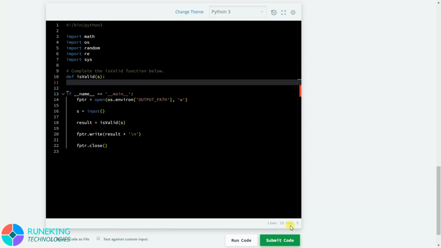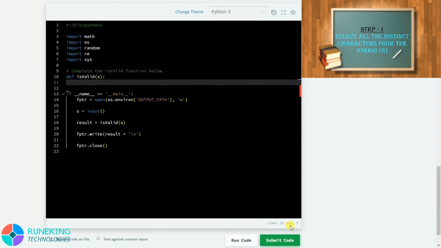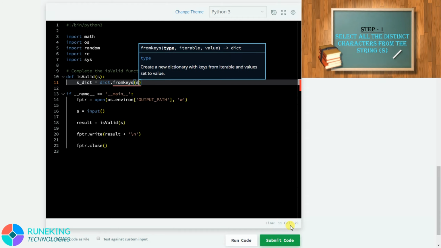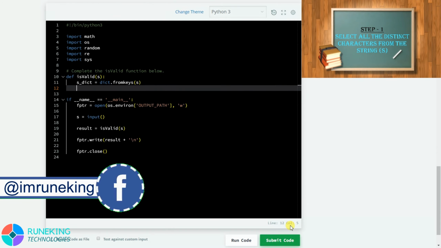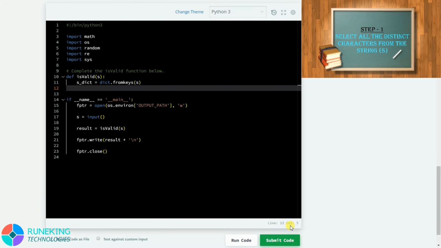This is the function which we need to complete. According to our logic, our first step was to select the distinct characters from the string S. For selecting the distinct characters, we will use a dictionary, and in the dictionary we will use a function named fromkeys. So let's name our dictionary s_dict, and dict.fromkeys is our function, and here we will pass the string S. It will select all the distinct characters from the string S and set them as the keys of the dictionary.